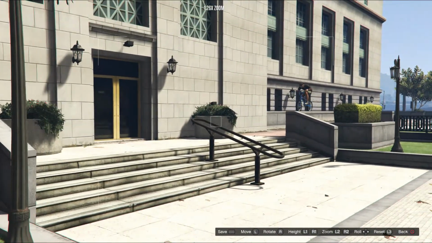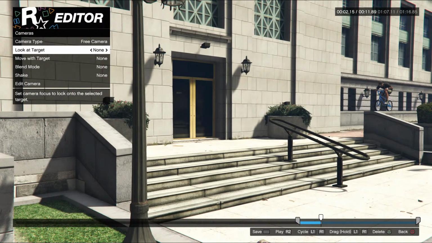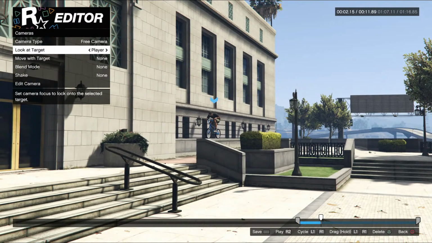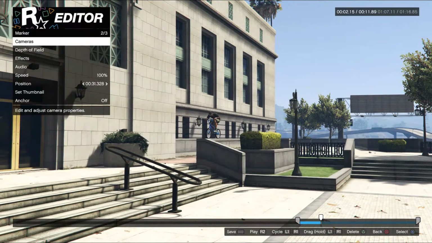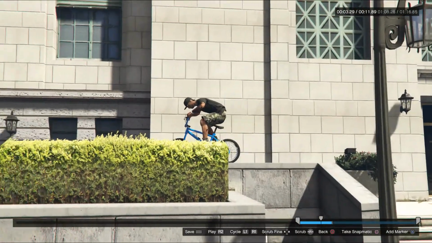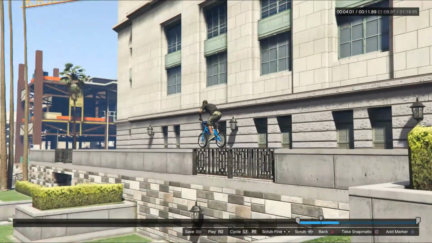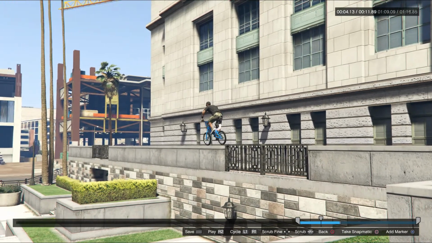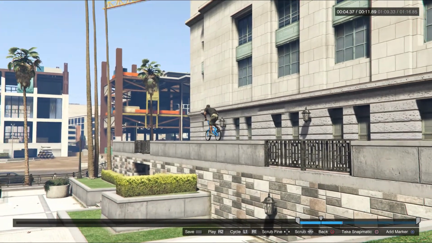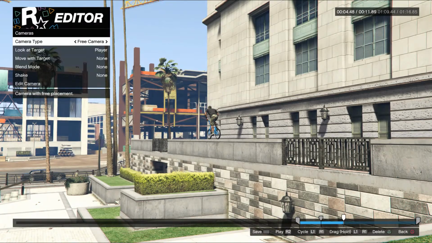So that's nice. This is a nice little understanding of the view. There's no confusion about what's going on here. So look at player jumping along the ledge. So he's riding along the ledge there. And then the last camera